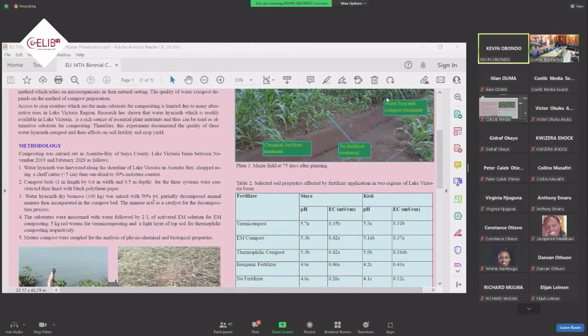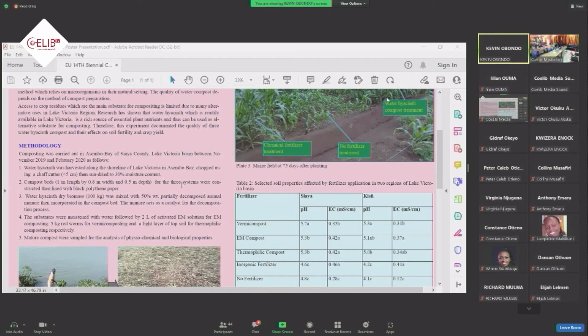and our aim was to find a way in which we can improve its quality, so that even when you use compost manure as an alternative to chemical fertilizer, we can get maximum yield by using a quality material. That means you will use lower rates compared to the normal when we do the thermophilic